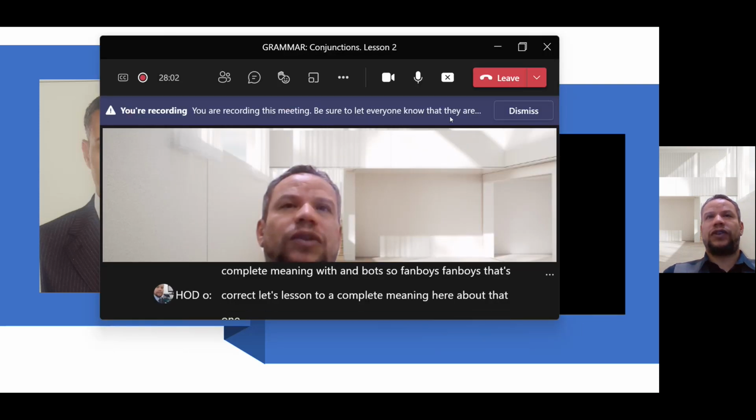Yes, you're right. Coordinating conjunctions: two main clauses to complete meaning with and, but, so, fanboys. That's correct. Let's listen to a complete meaning here about that one. To help you understand, I will share it again with you. Type 1, guys, is important. Type 1 is talking about two main clauses, two complete meanings in two sentences, and we use fanboys,